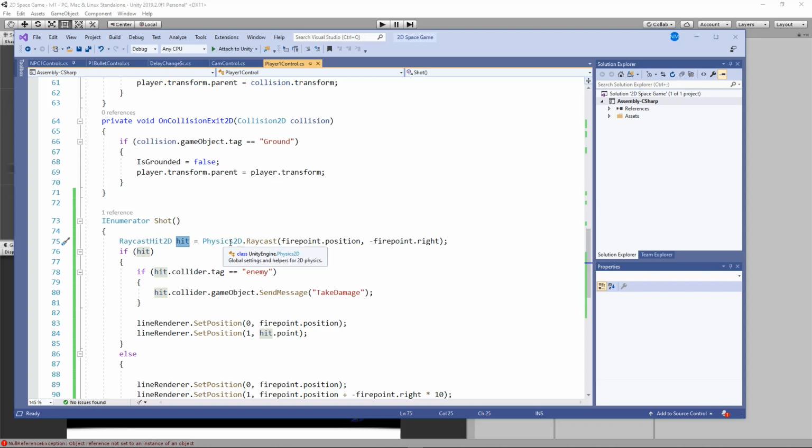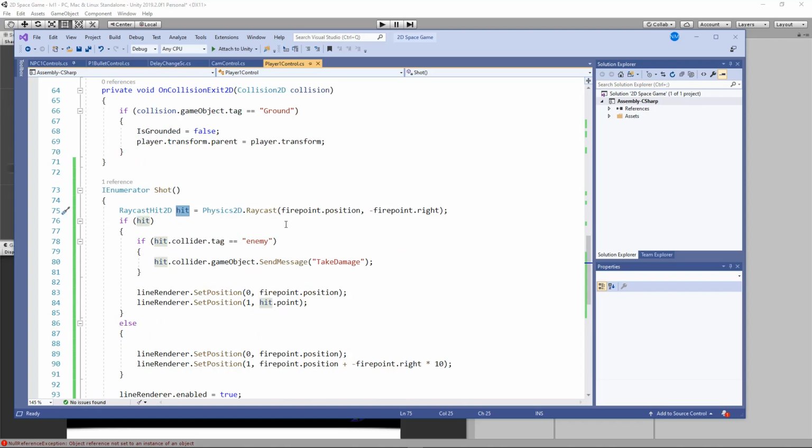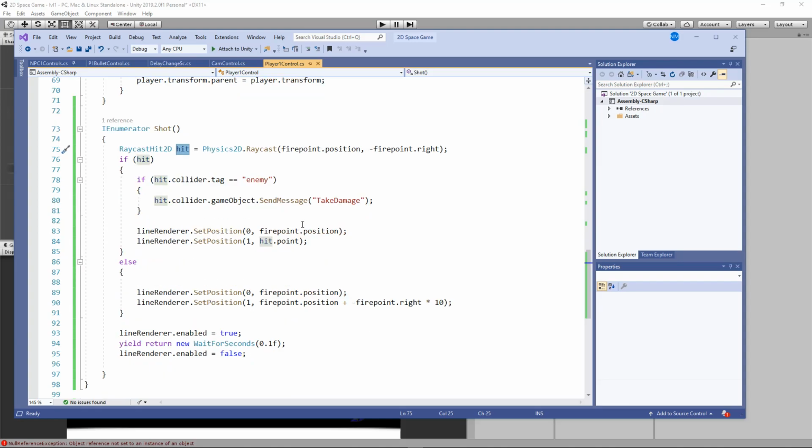So we'll call it hit. And what is it? It's a Physics2D raycast that starts at this point and goes in this direction. I've got minus, that's just how it works for me because of the orientation of the empty that we have. So minus right is left, etc. Then after we've added in the raycast, which is basically just drawing a line that's infinitely long, if it collides with something, then we can retrieve data. So we say, if we hit something, so if hit,